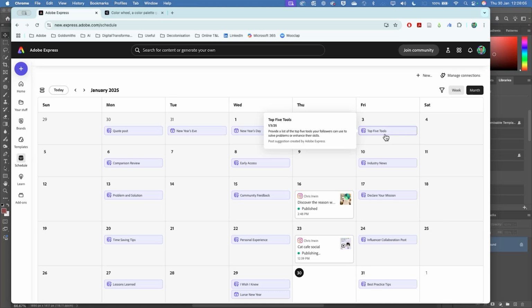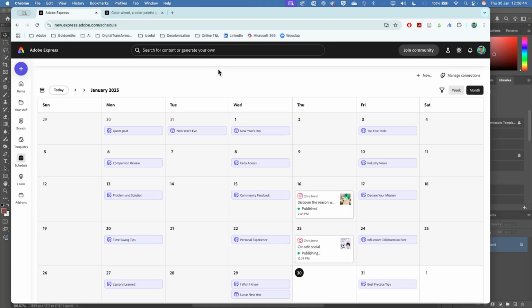The great thing about that is that I don't need to have all of my tabs for my different social media platforms open. I can just have everything integrated into this one application and then pick where it gets posted to. So it's this really seamless experience across all of the apps, which 15 years ago, if we were using Adobe Creative Suite, as it was called, you would have to export everything and then upload it to a web browser, and it would be a really time-consuming process. So that gives you an overview of how these apps work together.